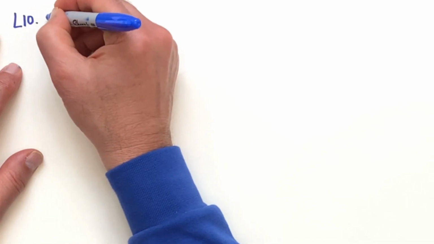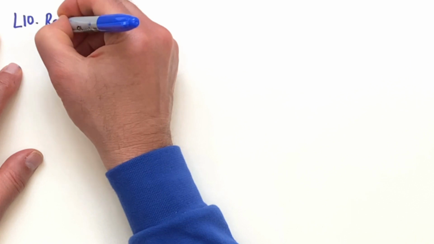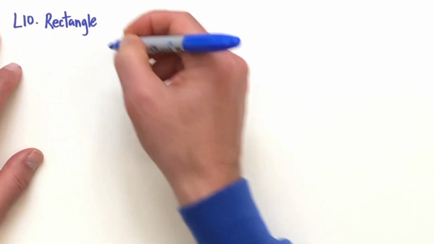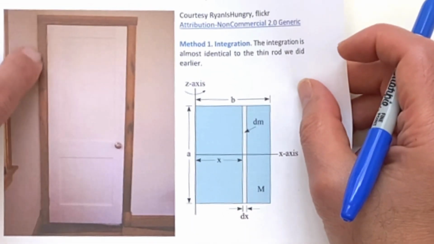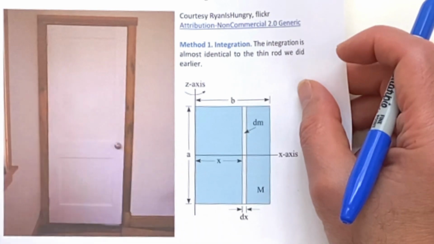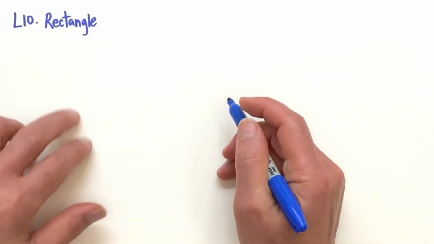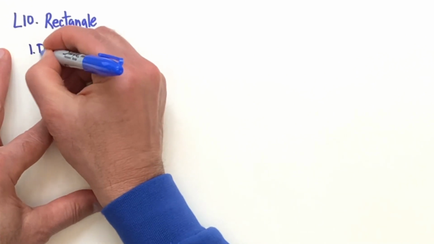Now we move on to L10, and we're going to do the moment of inertia of a rectangle. The door, about this axis, like if you're opening the door there, what's going to happen there. So let's do here the door,